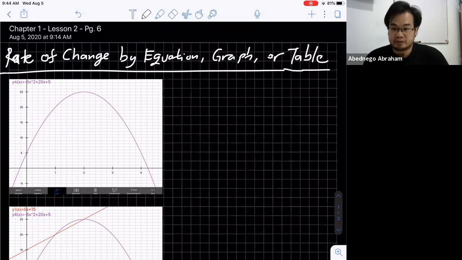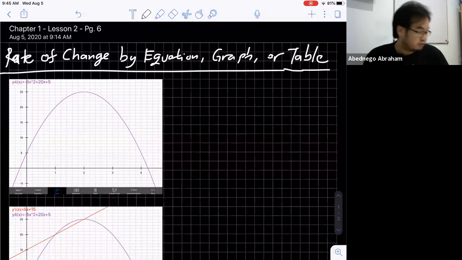Basically, in the previous lesson, I taught you how to estimate the instantaneous rate of change, the difference between average rate and instantaneous rate of change, and how to estimate it by making the delta t as small as possible, right? From 1 to 1.1, 1 to 1.01, and the last is 1 to 1.001. So by equation, you should be able to estimate the value of the derivative, which is the instantaneous rate of change.